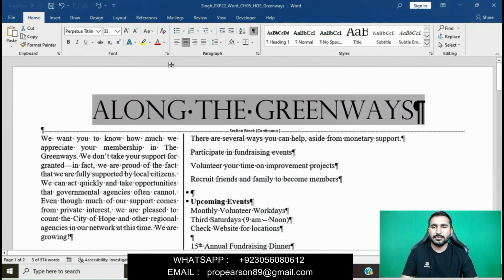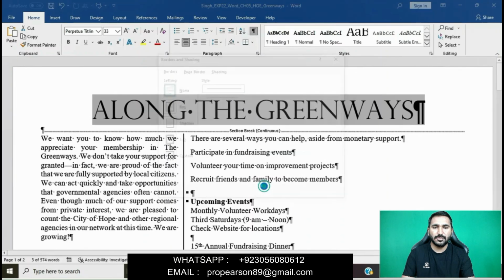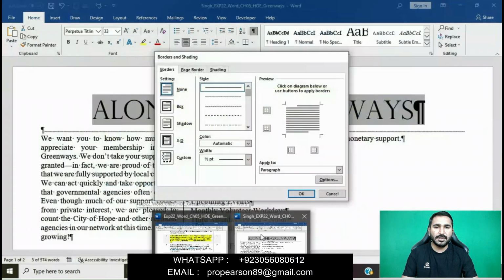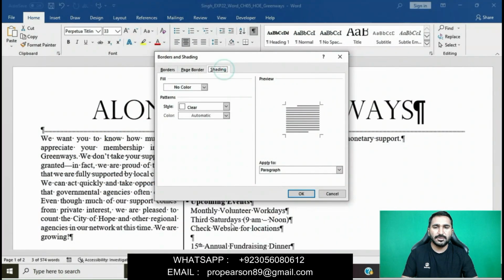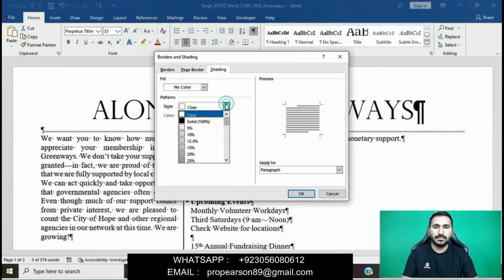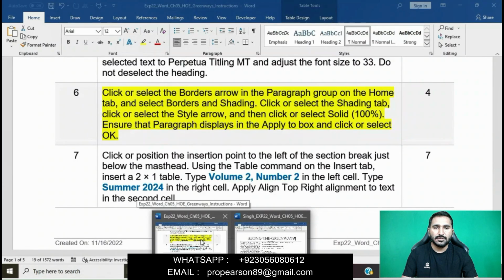We will select this, go to the Paragraph group, in the Border button click on Borders and Shading, then click or select Shading. In the Shading tab, click or select the Style arrow and then select Solid 100%. Ensure Paragraph displays in the Apply to box and click or select OK.